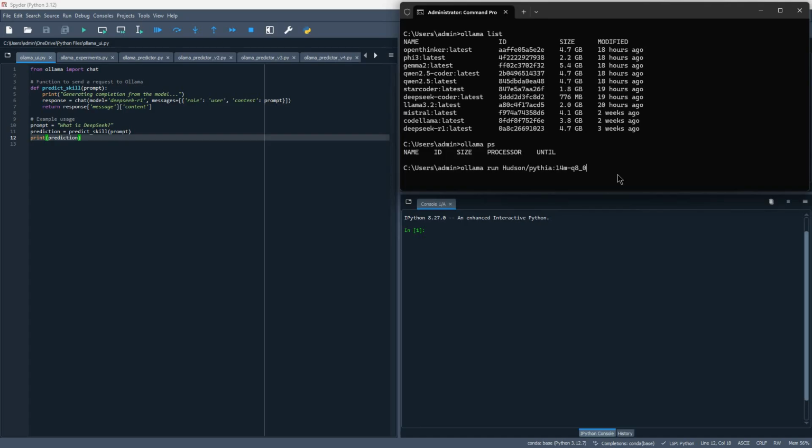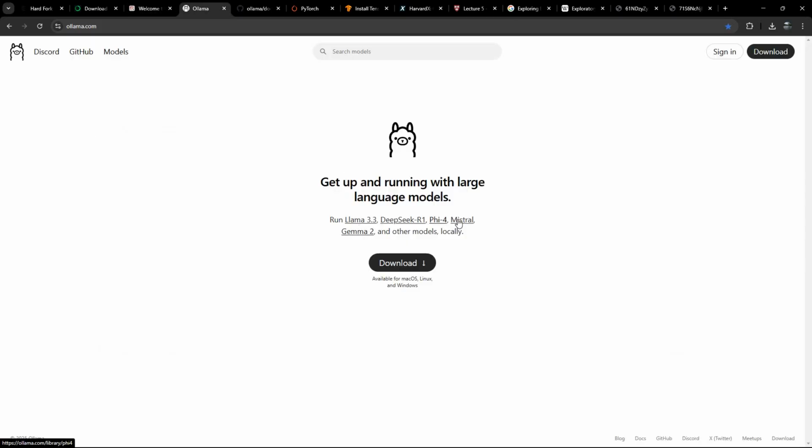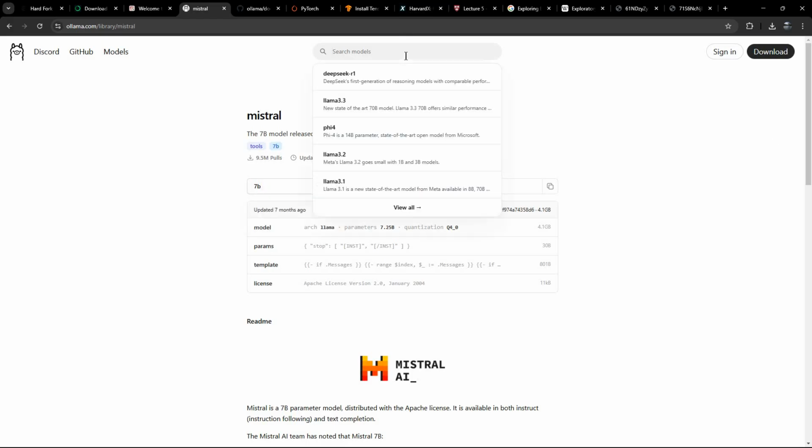So this is what it looks like if you need to install something. You can see Ollama run and then the name of the model. I got the name from the Ollama website. So when you go into the Ollama website, just to switch back to there quickly, and you access a model, so you wanted Mistral, you can get the command line from here, basically. Okay, so I went in and I was specifically after this one called